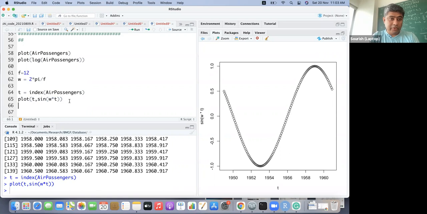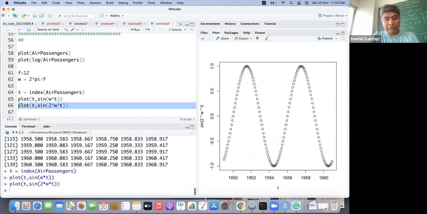Next, I'm going to plot sine of 2 omega t. So this is what is happening, right? This is my first feature, let me call it x1, and this is x2.